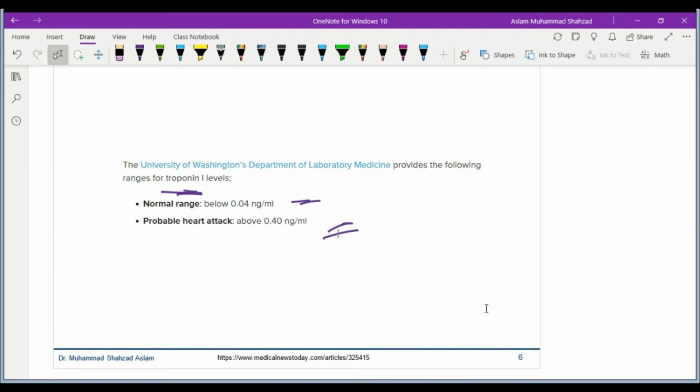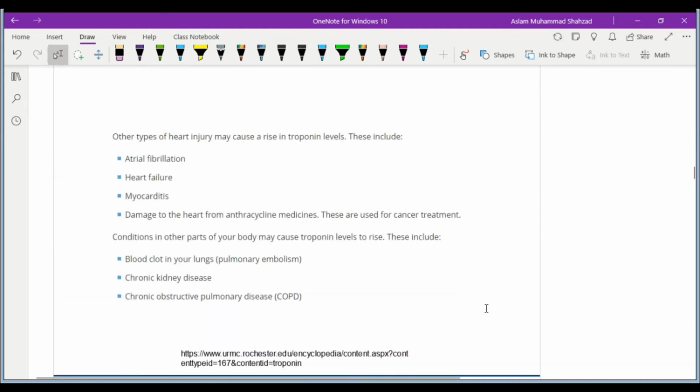But again, the problem with biochemistry is that it is difficult to identify the direct etiology of that heart attack, because a heart attack could be caused by myocardial infarction. Atherosclerosis is also one of the factors, but the exact cause is difficult to diagnose with biochemistry. As I mentioned, in the next slide, we know that troponin is helpful for